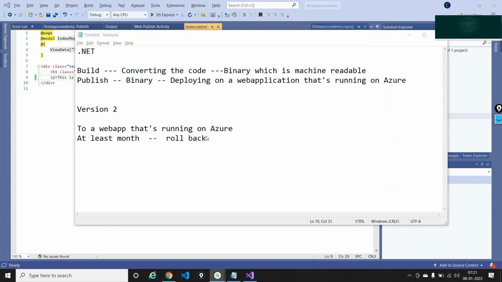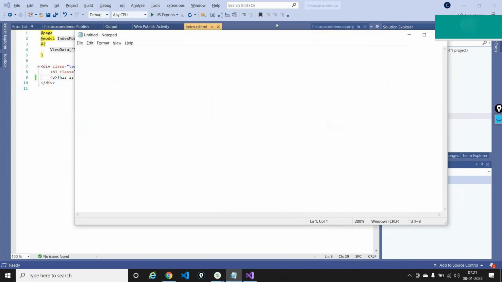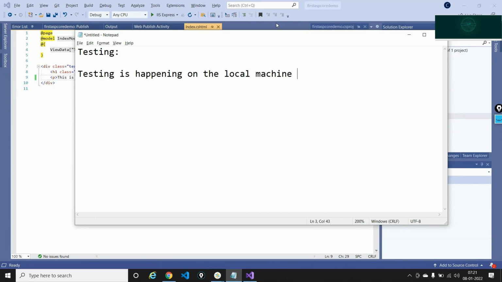So let's understand a couple of issues here. Now, what's happening with this process? What is the biggest drawback of this process? Firstly, I'll say this is testing. When the developer is developing the code, the testing is happening on the local machine where I build the code, and I'm certifying that the code is good.